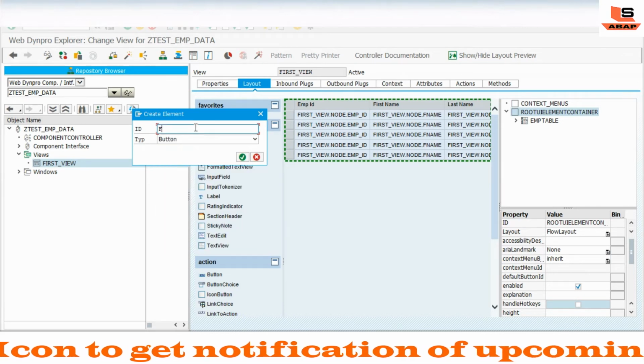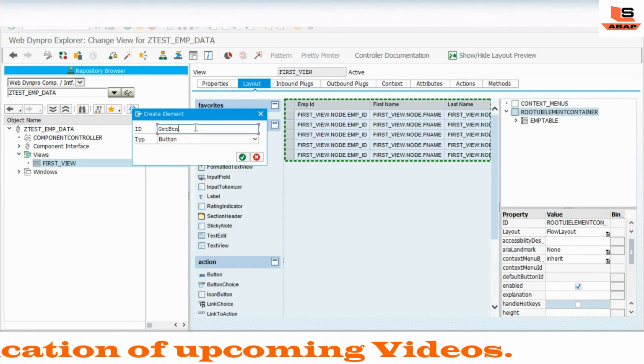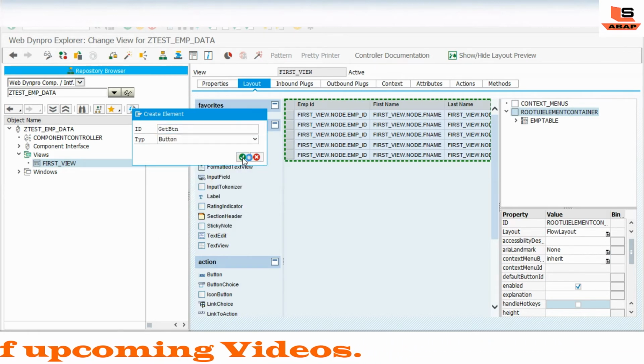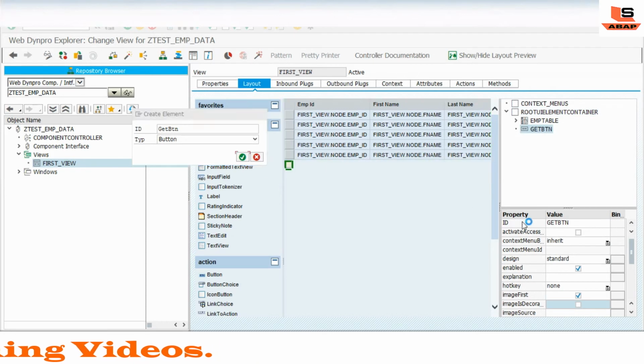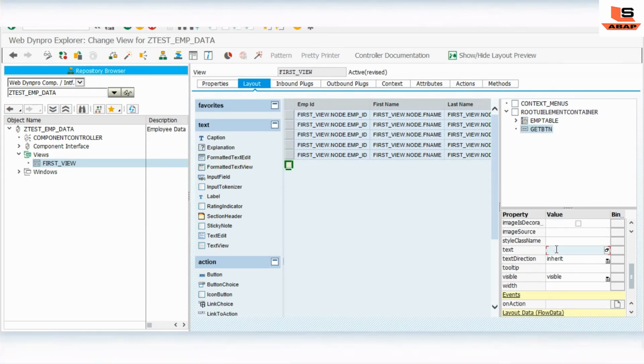I will click on the get button. In the properties, we will give the name as get data. Save.